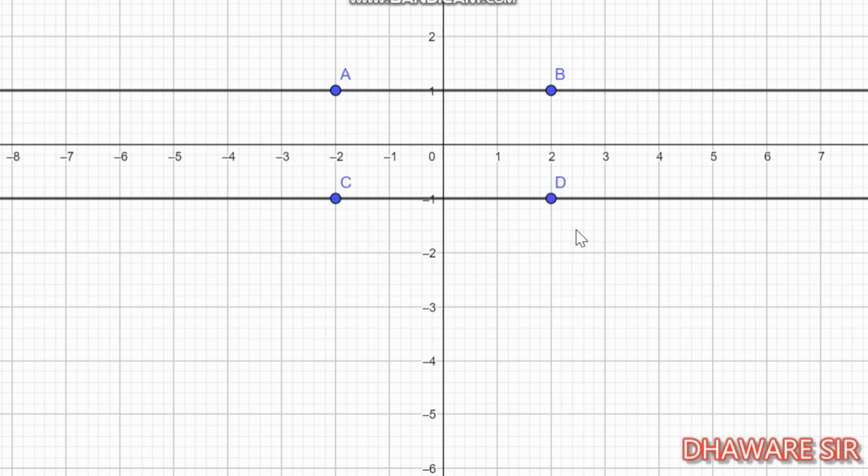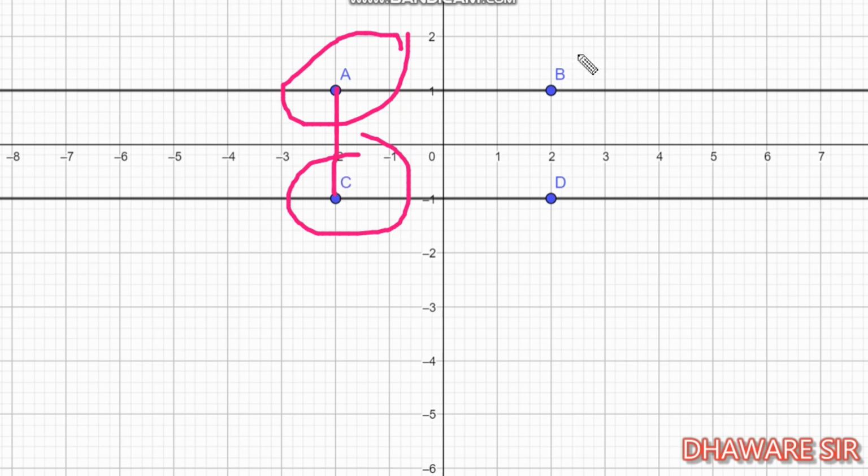So we say that the two lines are parallel, having the same difference in the two points. It means points A and C have the same difference. On the graph paper we see that this is 1 and 1. It means it has a 2 unit distance, and here also a 2 unit distance. If this distance is the same, common, then the lines are parallel. These are two lines lying in the same plane, and they do not intersect each other.